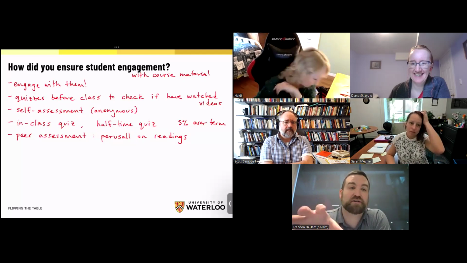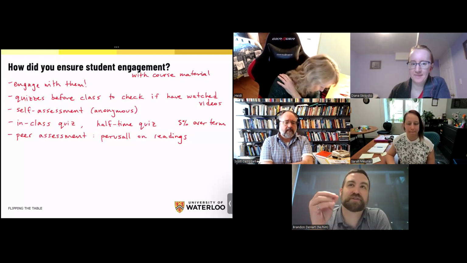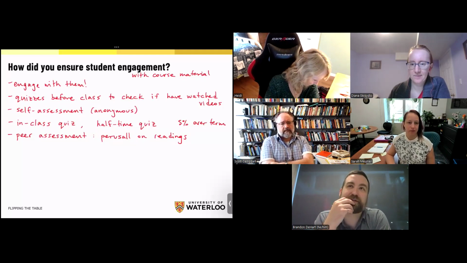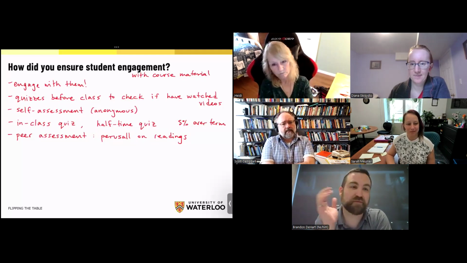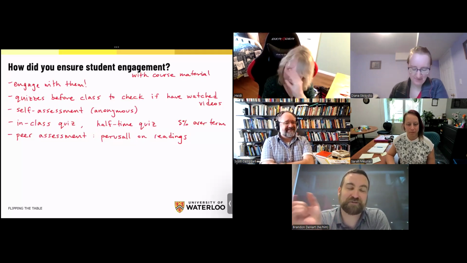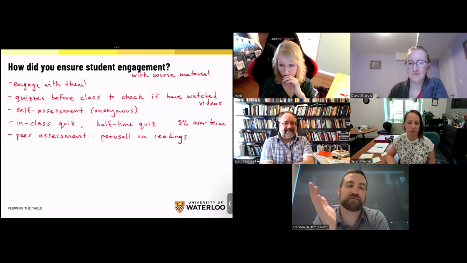And then they mark each other's quizzes. So as we're working through the solutions, they know what their answer was, they know what the answer is on the paper. And they also have to justify answers and marking and all of the other stuff attached to it, which gets them really engaged. For the first time in a long time, when I started doing that, I had students coming up to me saying, I know I could have done better, I'll study next time.